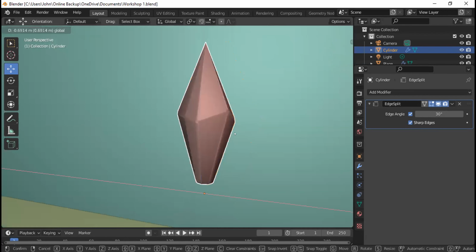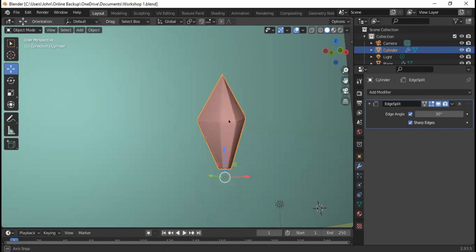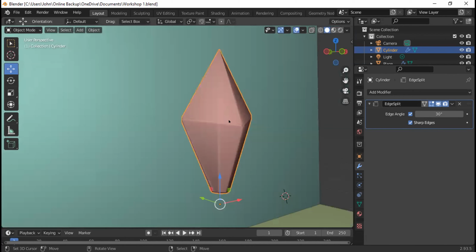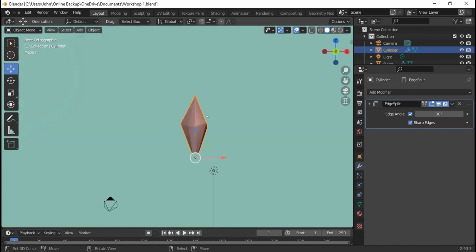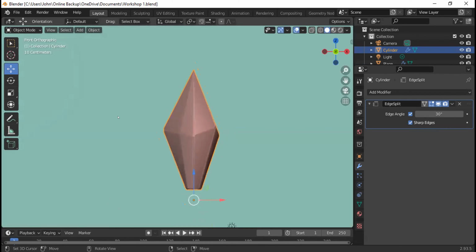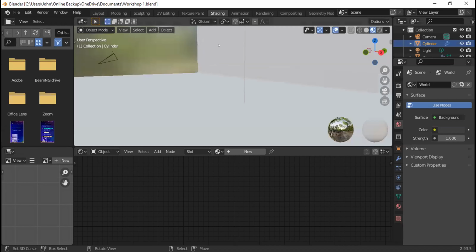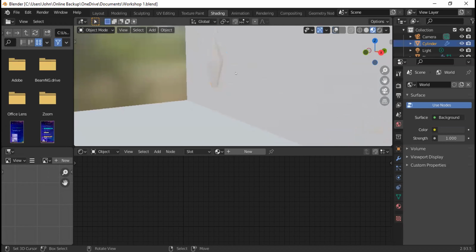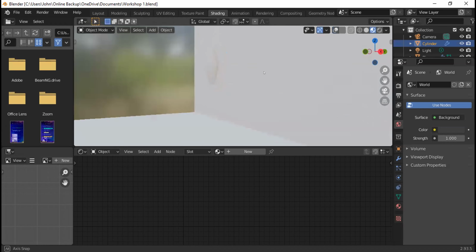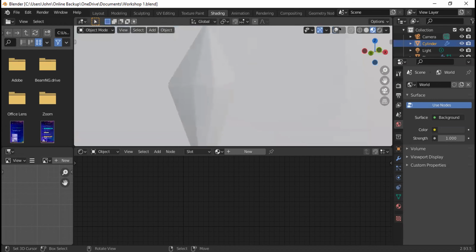So that is our crystal. And now the irregularity we will add in the shading tab. So in this mode, we are in the layout tab. So I want us to go to the shading tab, like that. And if I turn off the overlays, you can see everything is white because we have not assigned materials to the objects. So I turn it back,